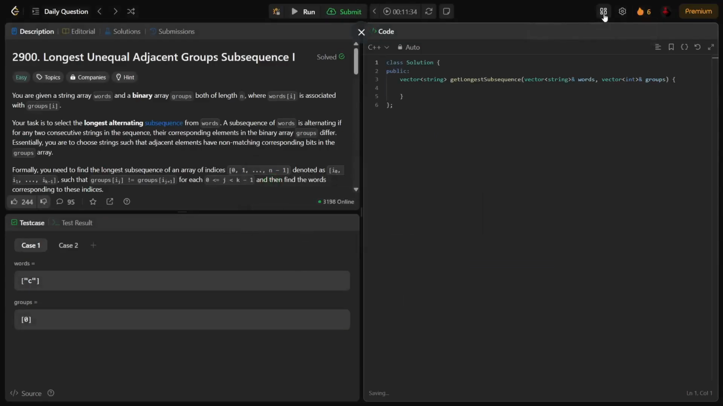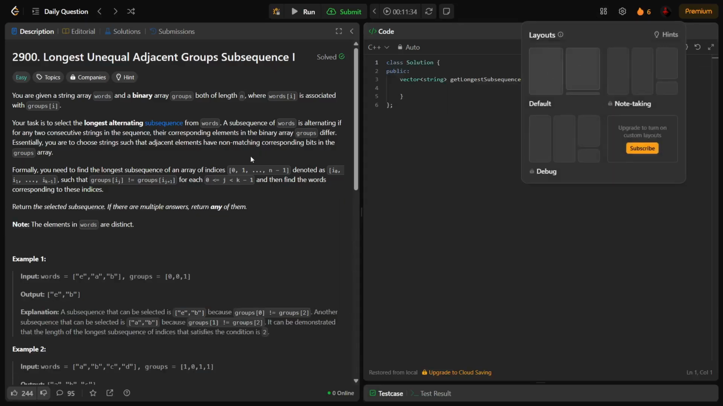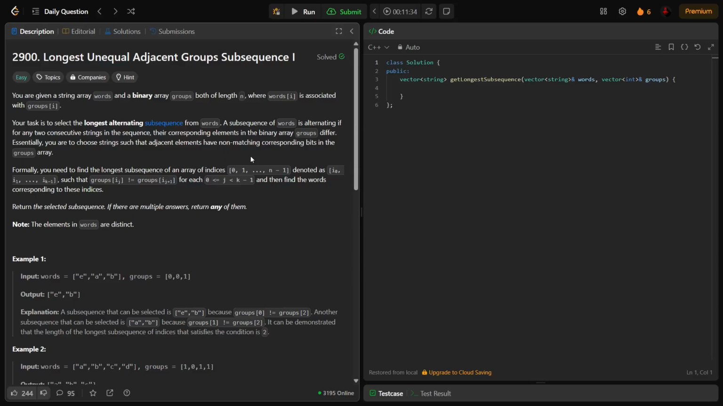Hello everyone, in this video I'm going to explain the longest unequal adjacent group subsequence one. So let us go through the problem statement. It says you are given a string array words and a binary array groups. So they have given a vector of string which is words and a vector of integer. Basically here the integer will be only binary, which means 0 and 1, and its vector name is groups, and both